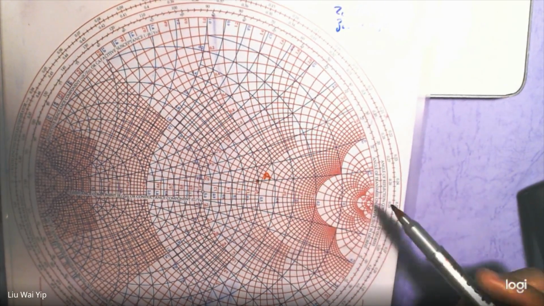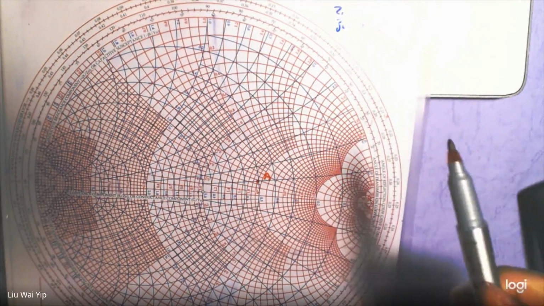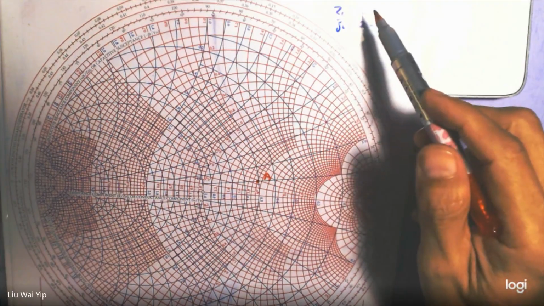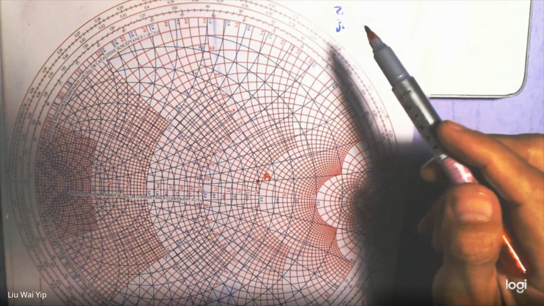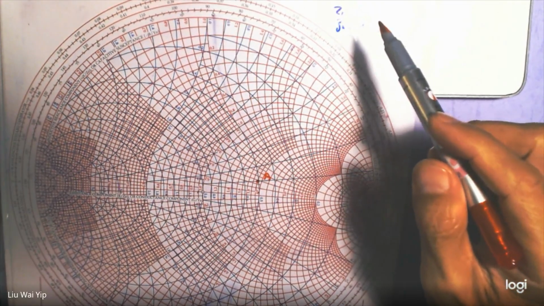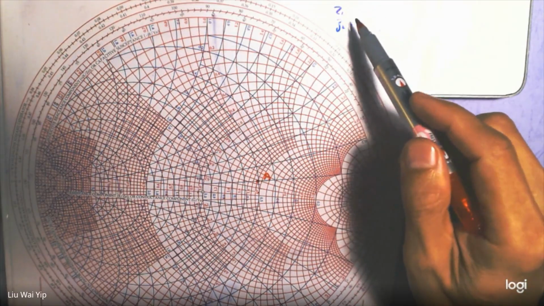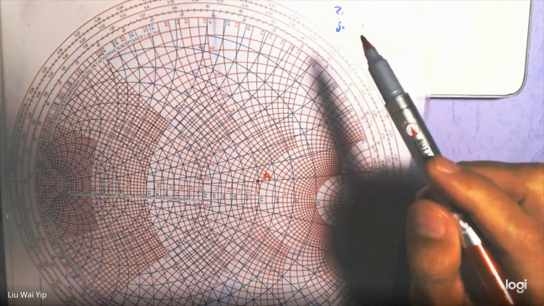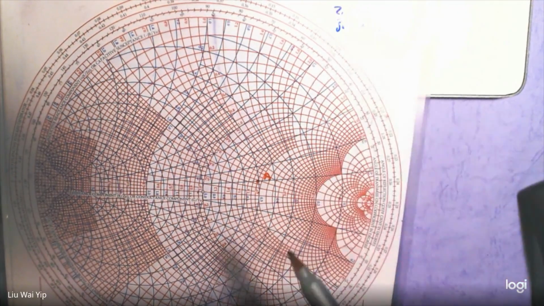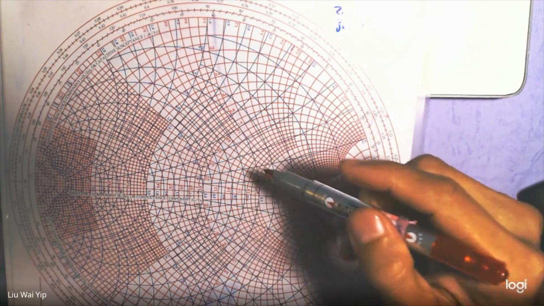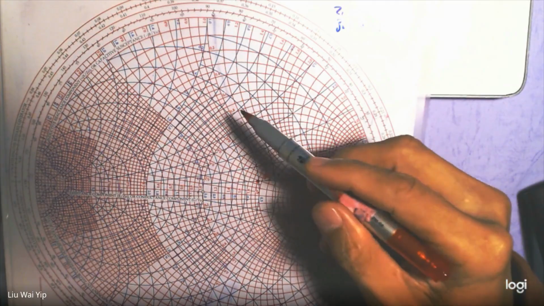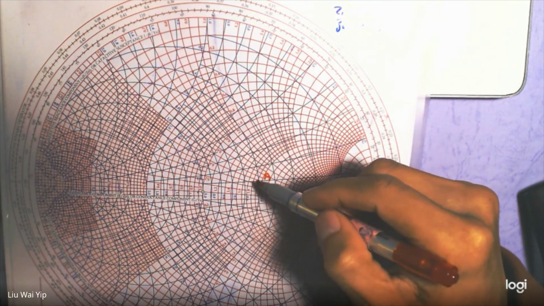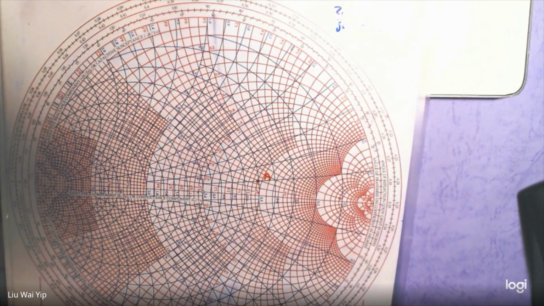Now, 100 is obviously bigger than 50. So in this case, the first network that you are going to implement is the parallel network, which will be in parallel. The parallel element will be shunt with the low impedance. You have two choices. You can either use a capacitance network or inductive network. So if you move this way,